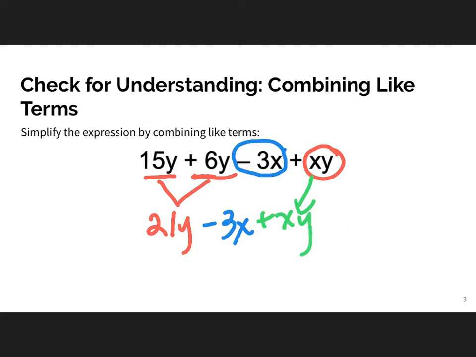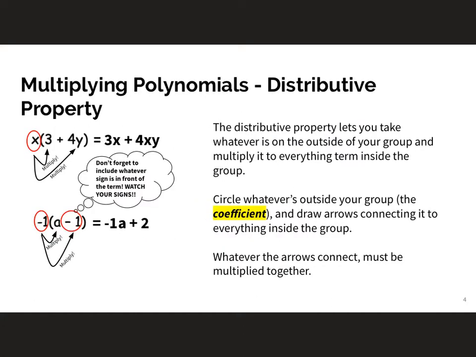that I can actually combine it with, right? So this would actually be my simplified expression after I combine like terms. Now later on, we can use factoring in order to help us further simplify this, but for now this is good enough, right? So we covered one type of operation with polynomials, which was adding and subtracting using the combining